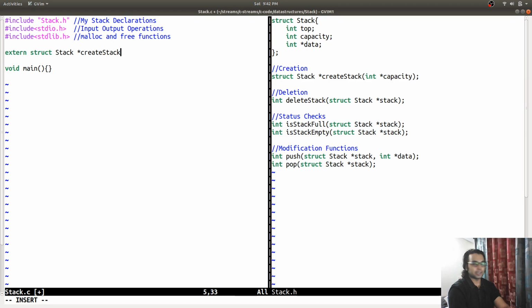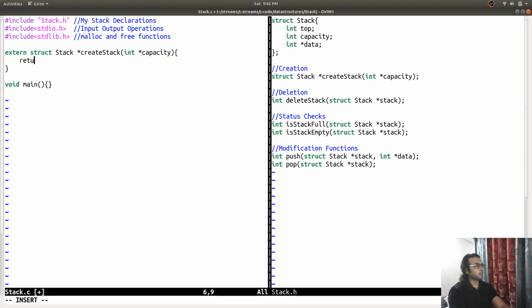So the function headers and declarations are the same as defined in the header, and we have added extern to say that this structure has been defined in some external file, not in this file.